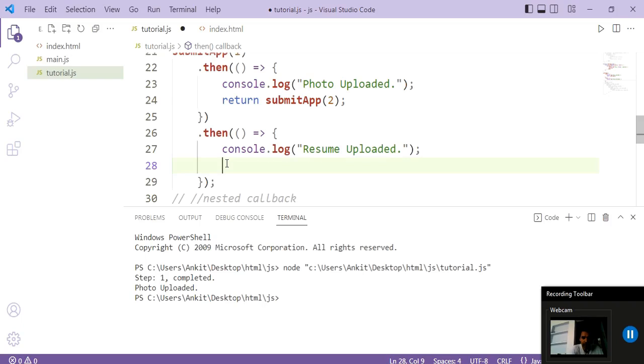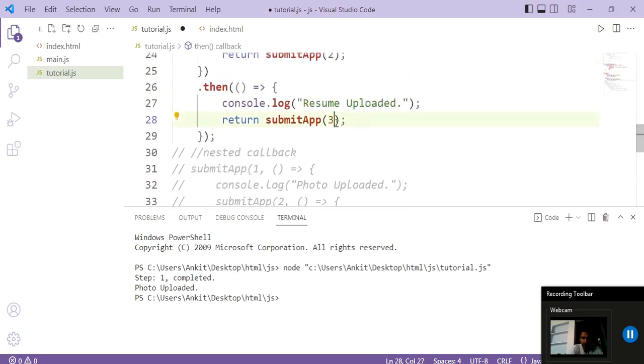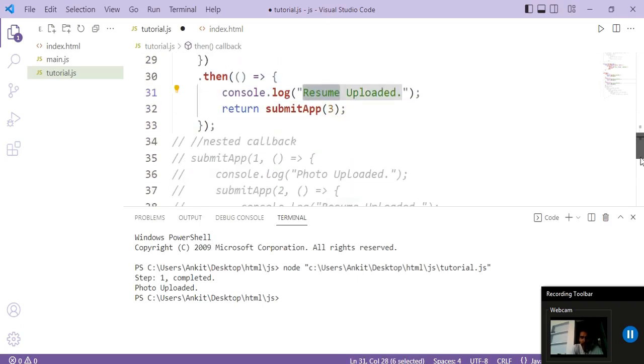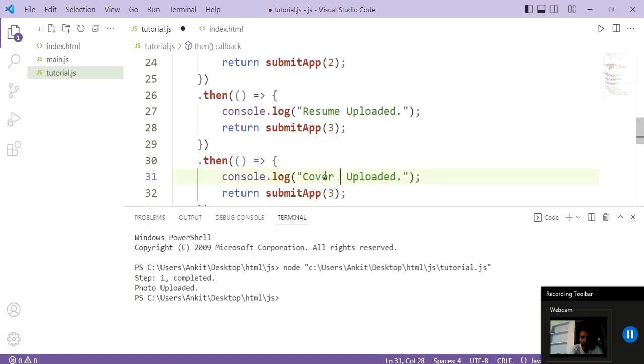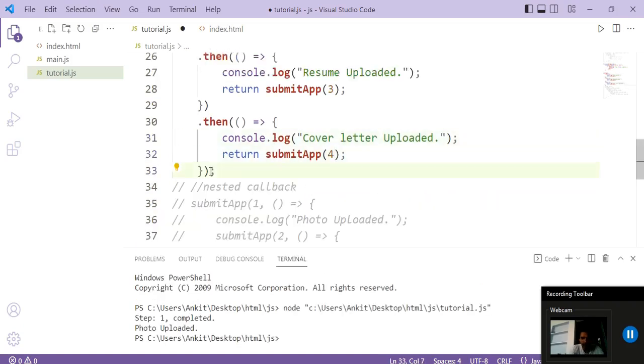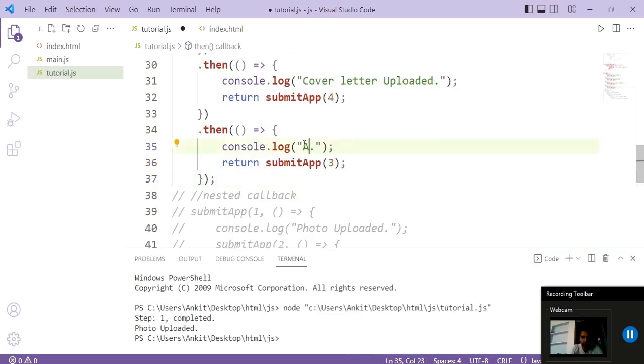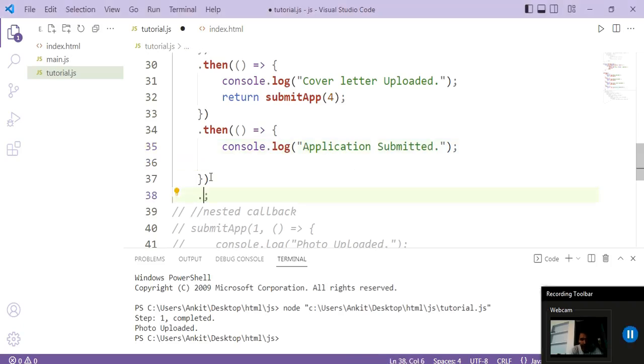Then again copy this and return your submit app 3 step. Here you can change it to cover letter uploaded. Copy this again, paste it, change this to application submitted, and remove this from your last step.